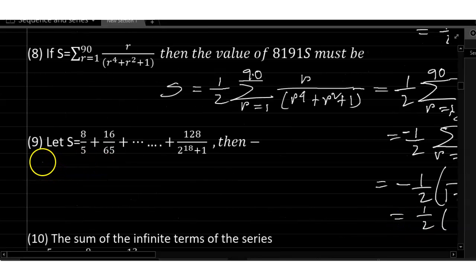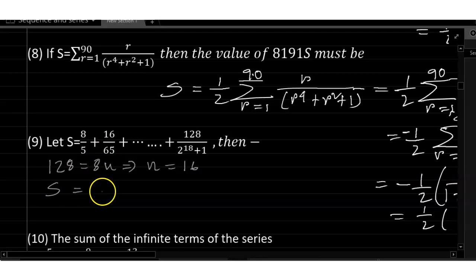4095. In here we see that 128 is 8 into n, so we see that n equals 16. So S can be written as the sum over r equals 1 to 16 of 8r divided by 4 r to the power 4 plus 1,